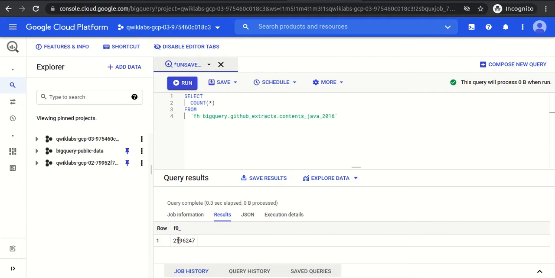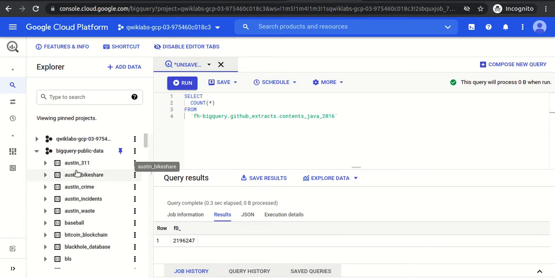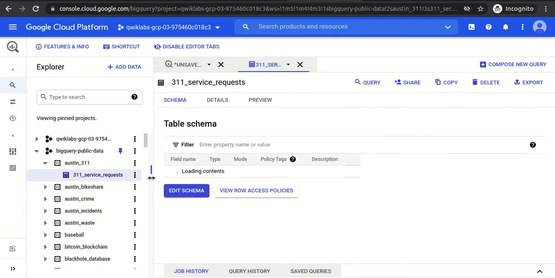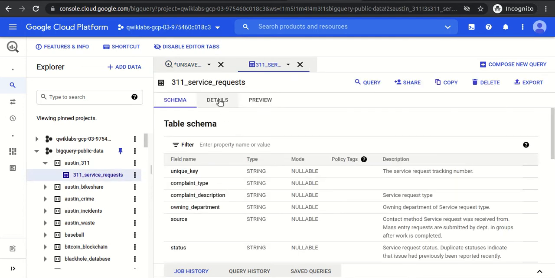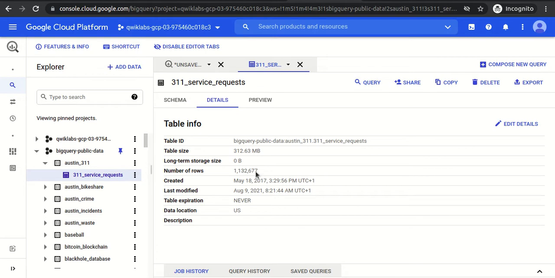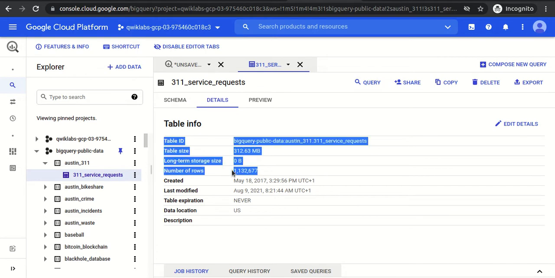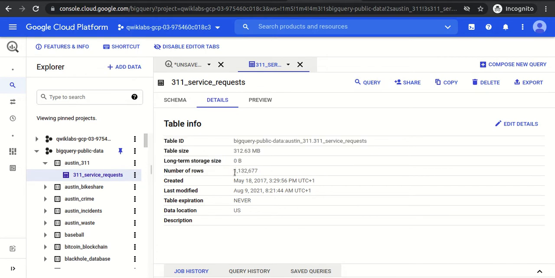Why does it say 0 bytes processed? Because count is basically metadata, and metadata is stored in BigQuery itself. Let me show you with a public table. If I click on any table and go to the details, you can see the number of rows is already there, available as part of the metadata.